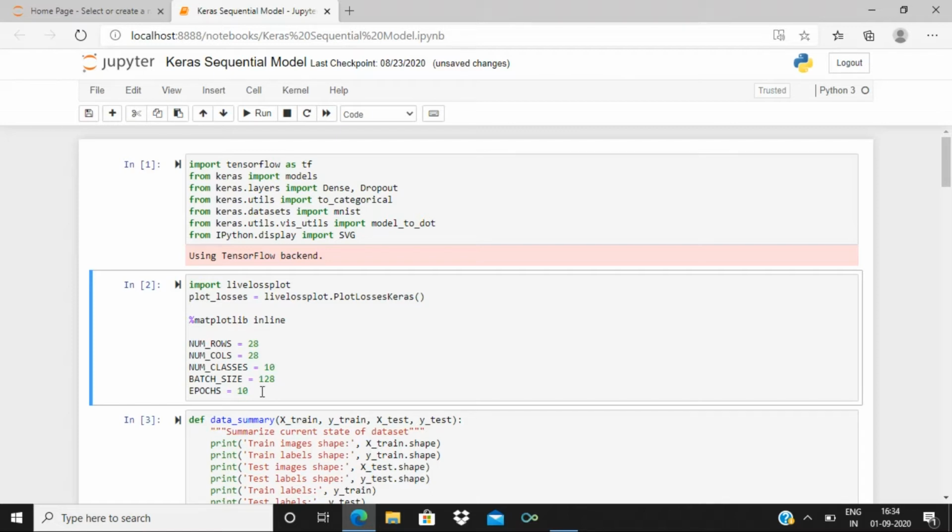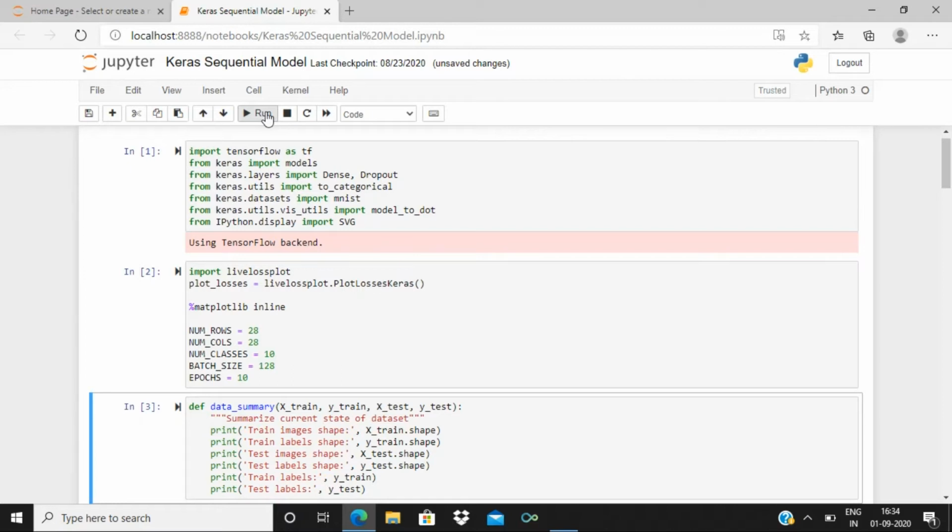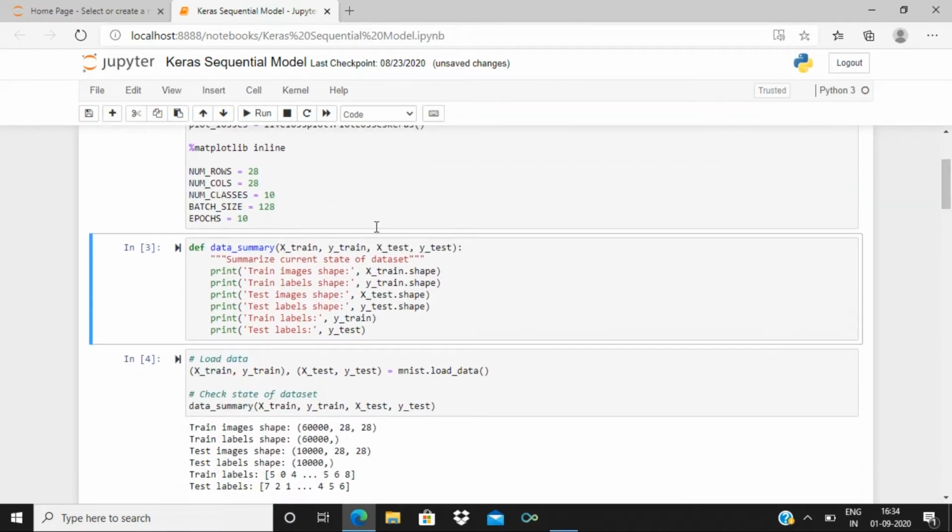And then we'll go ahead and create a simple method which we can call again and again. This method takes in 4 parameters: x_train, y_train, x_test and y_test. So x_train is basically the dataset which contains the train images, y_train contains the train labels, x_test contains the test images, and y_test contains the test labels.